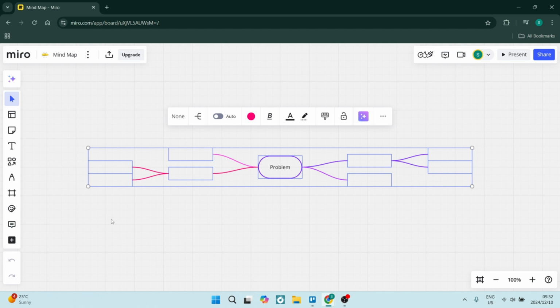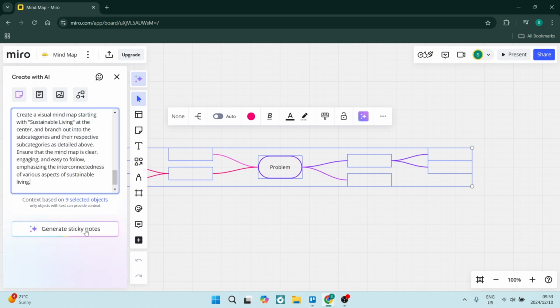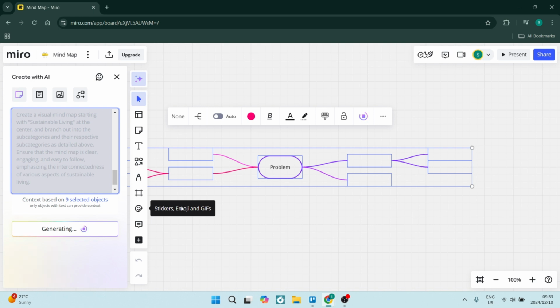One of the other ways of actually doing this is just going up to the AI assistant. So this Miro AI, you can literally ask the AI to create a mind map for you. All you need to do is put in the details that you need. And I'm just going to use this one over here. So I'm going to go and enter, and within a few seconds,